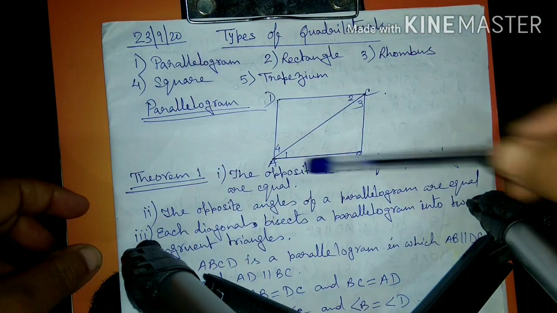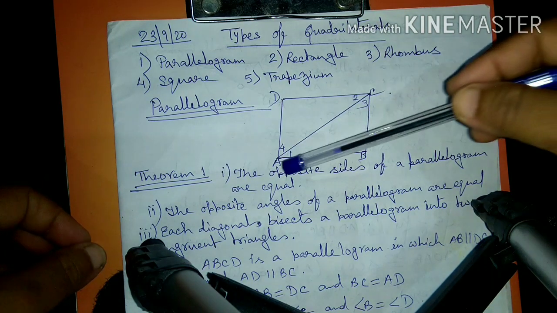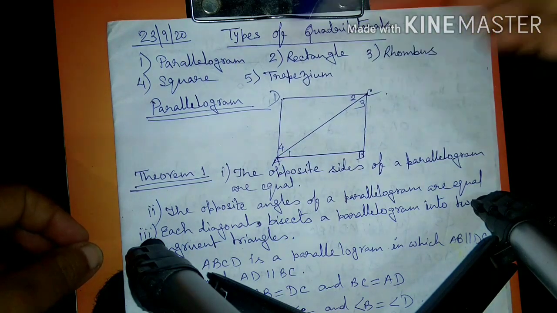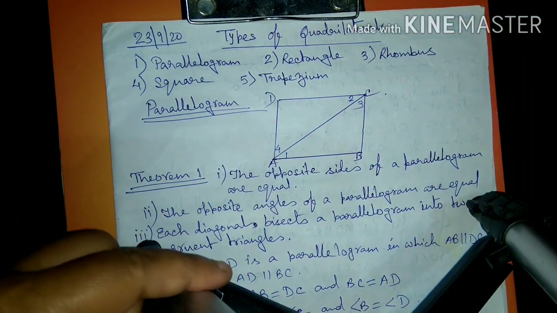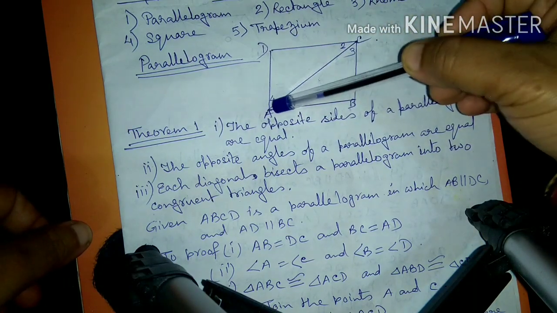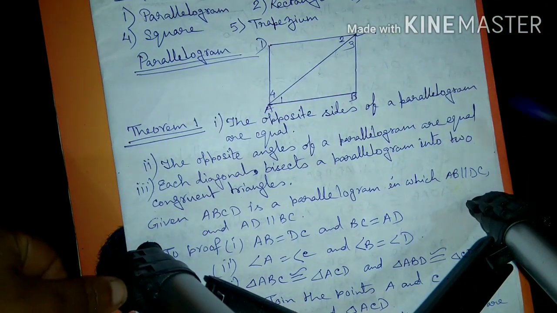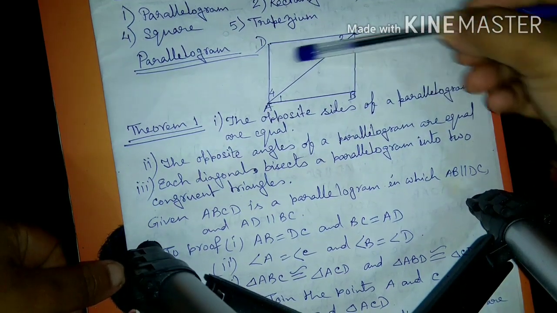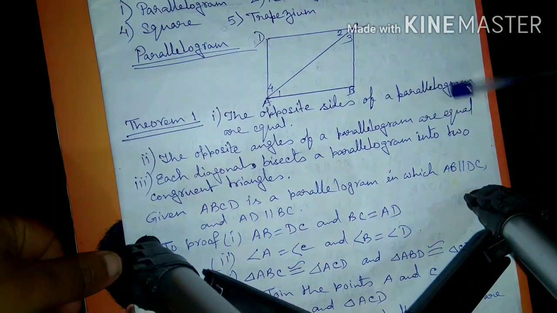What is parallelogram? So here I have drawn one parallelogram. Already it is discussed in the last class that when we give the names to the vertices, it will be in a cyclic manner. So given the name A, B, C, D. This is a parallelogram. So first theorem is we have to prove that opposite sides of a parallelogram are equal. Opposite side means like your AB is equal to DC, BC is equal to AD. Yes or no?